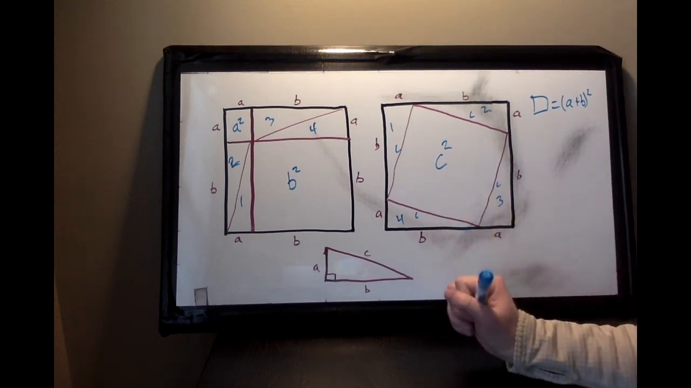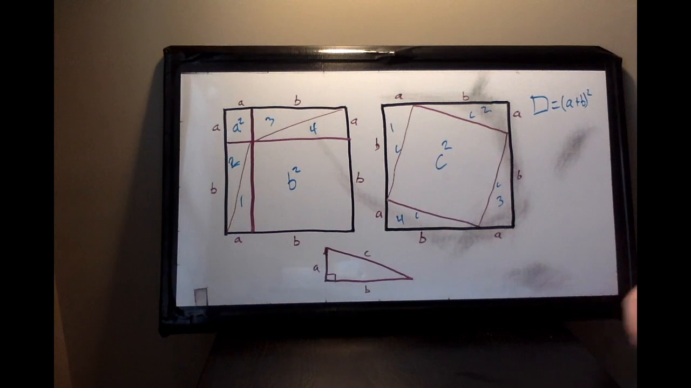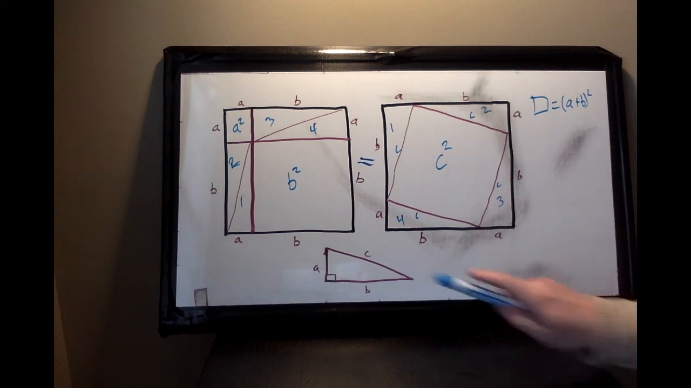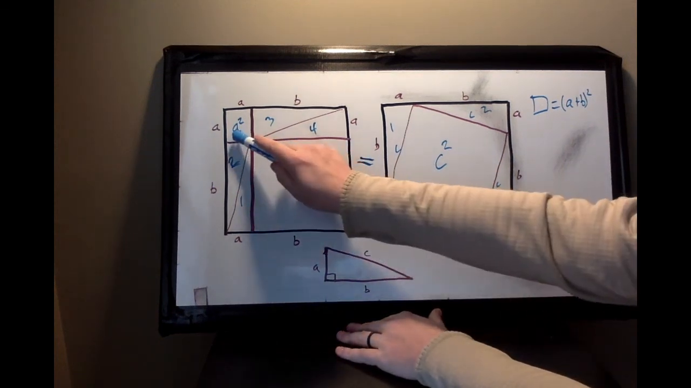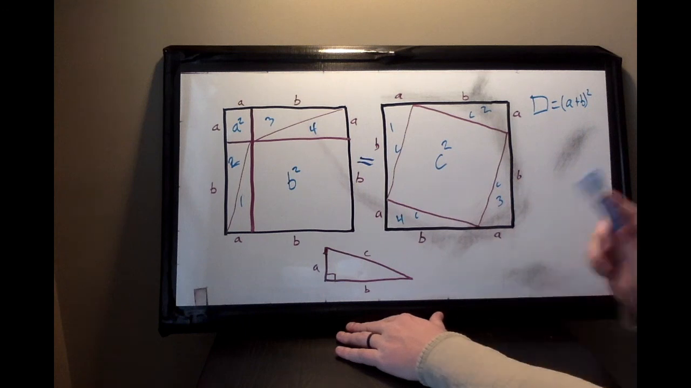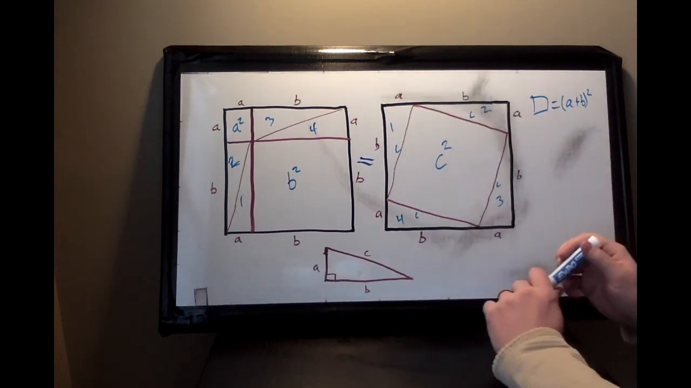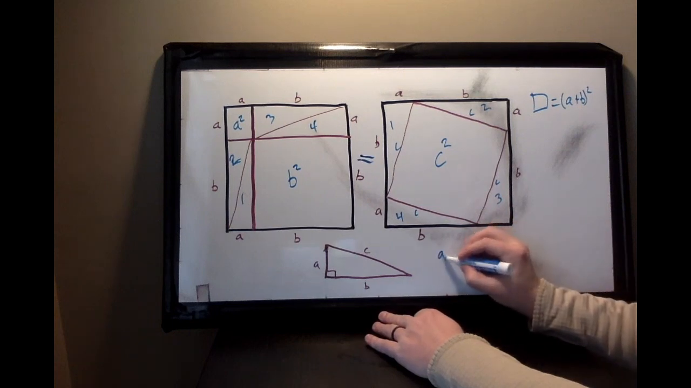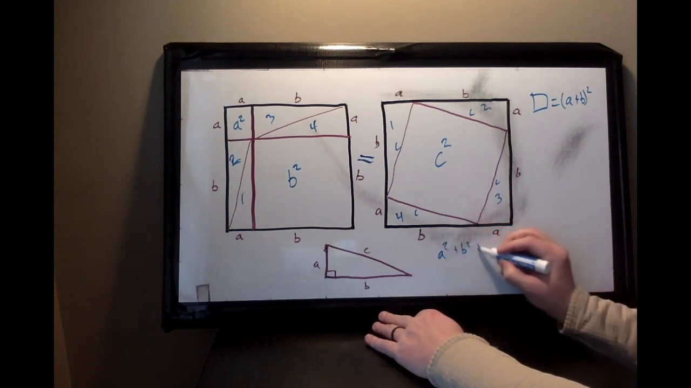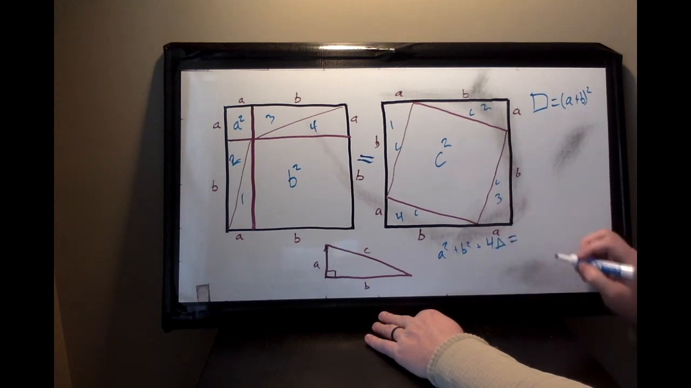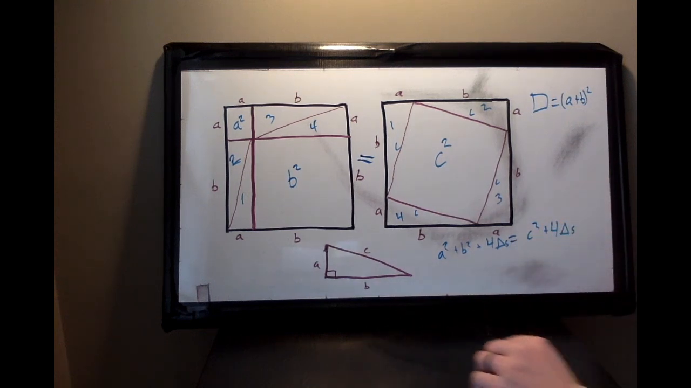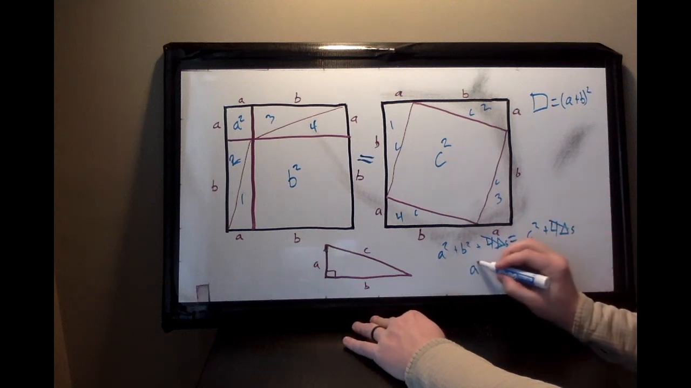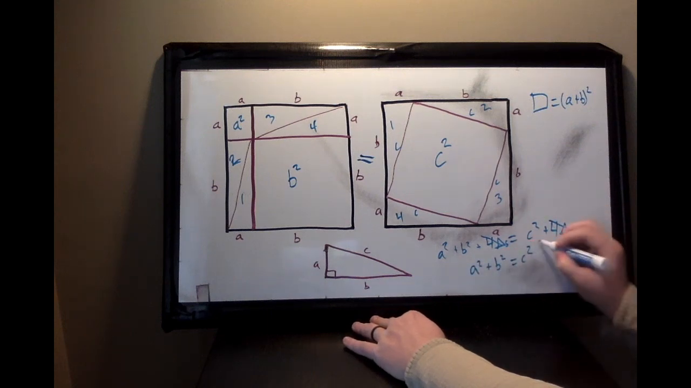These two squares I made identical. They started off equal. And both squares are equal exactly to 4 of these little triangles and then some squares. So on the left-hand side, we have a squared plus b squared plus 4 triangles. And on the right-hand side, we have c squared plus 4 triangles. Right? Let's go ahead and write that out. I can subtract the 4 triangles from both sides, and we end up with a squared plus b squared is equal to c squared, which is in fact